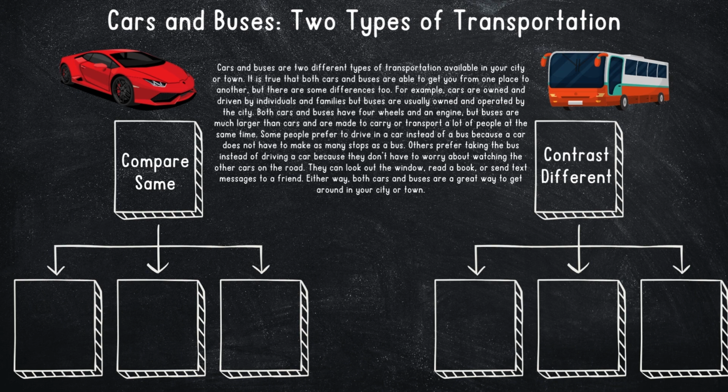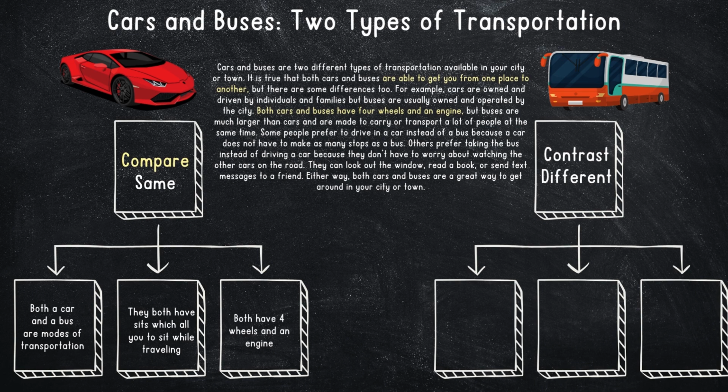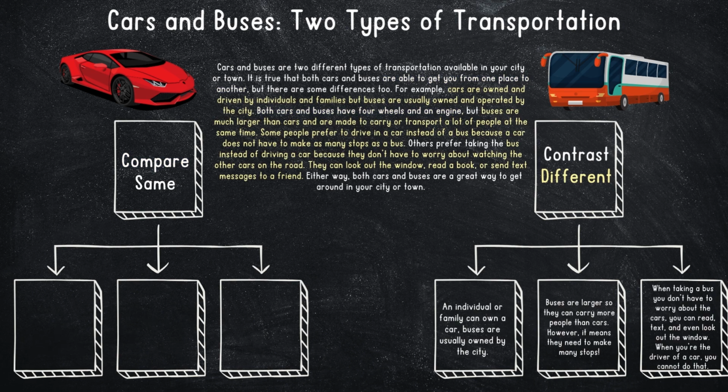Now we have our compare and contrast charts ready to go. So first, we're going to pull out those comparisons. Here you see that both a car and a bus are great modes of transportation. They both have seats which allow you to sit while traveling, and both have 4 wheels and an engine. Then we have